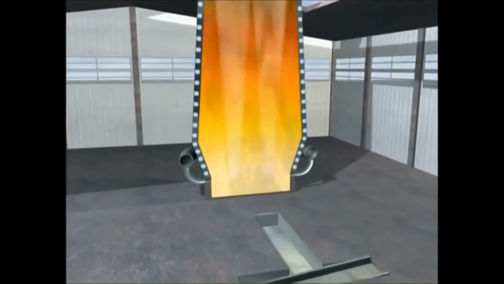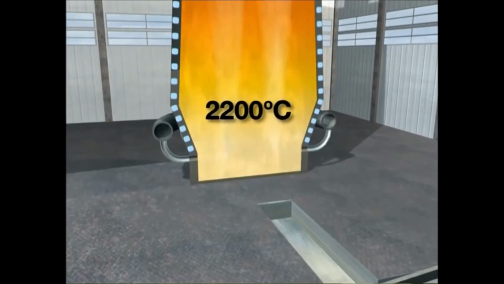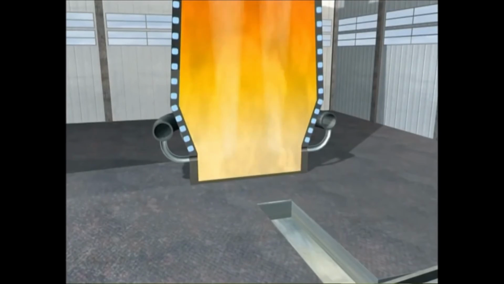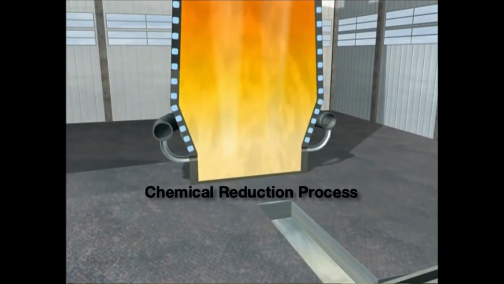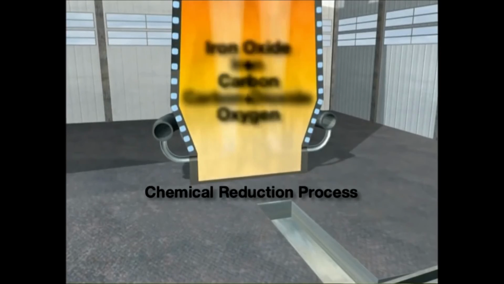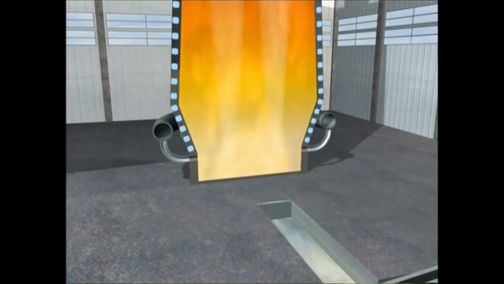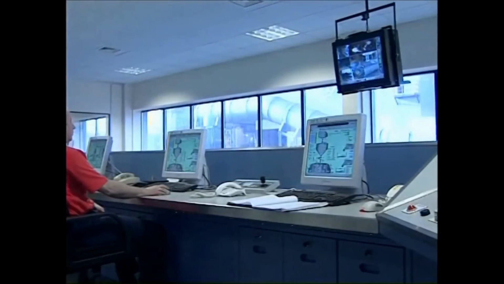This blast raises the temperature in the furnace to white-hot intensity, around 2,200 degrees centigrade. This very high temperature is needed for the chemical reduction and melting of the sinter and iron ore to form a pool of molten iron in the lower part of the furnace, just above the hearth. The limestone combines with the impurities